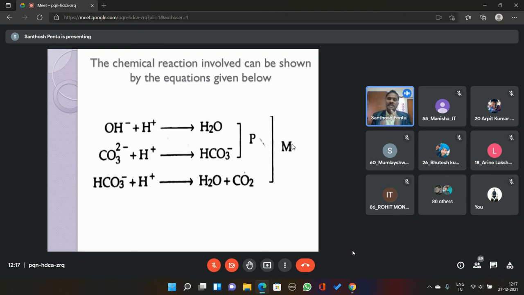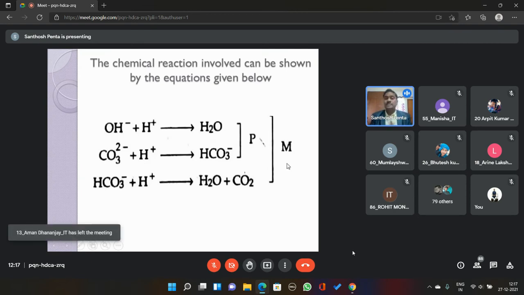That is fine. One more point I am adding. What is that point? Hydroxide and carbonate ion strength can be calculated with the help of phenolphthalein indicator. Here, P stands for phenolphthalein. At the same time, total alkalinity means hydroxide, carbonate, and bicarbonate alkalinity, which is measured with methyl orange.